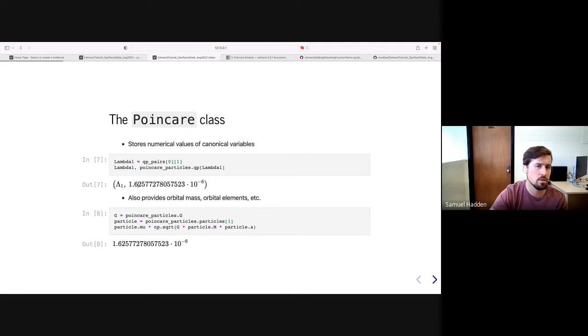It's just to show that it stores the numerical value. It's sort of carried along with the symbolic stuff. You can also get things like masses and orbital elements, which are a little more natural to work with than these canonical variables. So in particular, the gravitational constant G is stored, also inherited from the rebound simulation, and then individual particles represent the different planets, and you can get, for example, the semi-major axis,